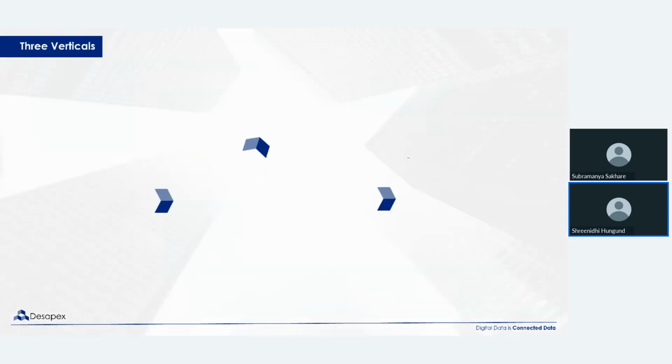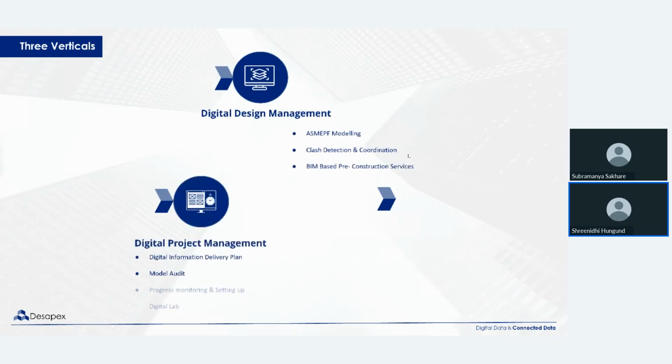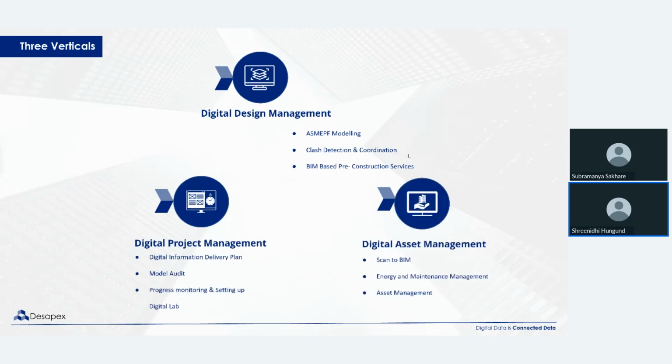So these are the three verticals which we have: digital design management, digital project management, digital asset management. So digital design management is where we feel that there is still a lot of capacity requirement for model production, model clash detection, coordination during the design and construction stage. And so we bridge that gap in terms of capacity or capabilities